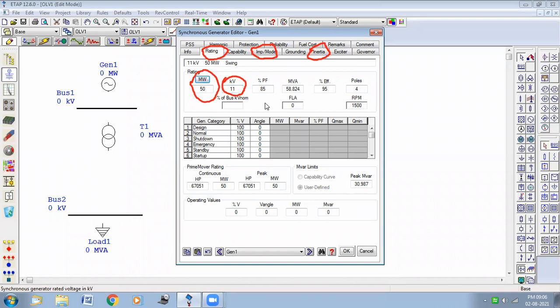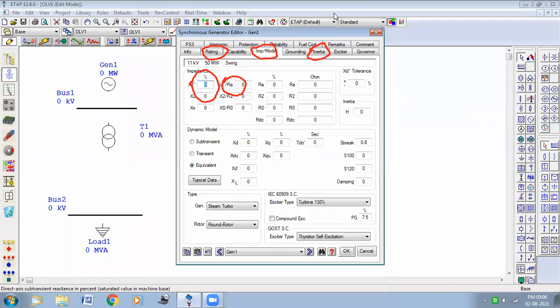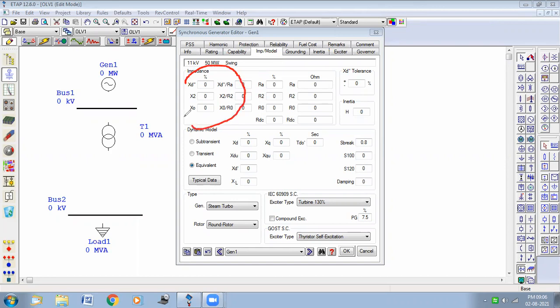I'm not changing it. Then go to the next tab, that is the impedance or model tab. Just click on the impedance or model tab. Then here you can see that initially the impedance data are 0, so you have to take the typical data from here.